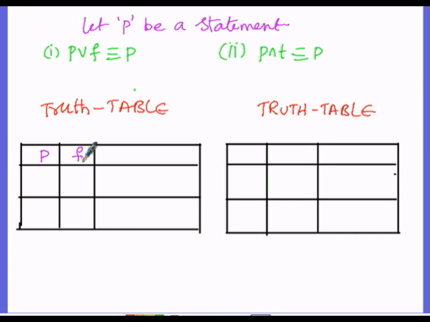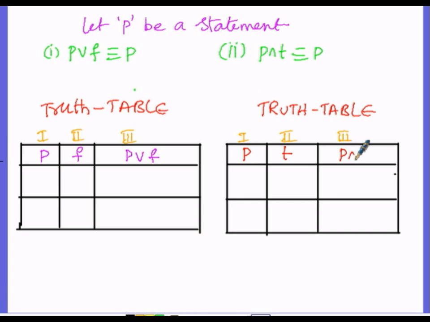Then here again we need P or F, in the third column. So, these are columns 1, 2 and 3, and in the second case, this is the first column, the second one, and this is the third column. In the second case, we suppose column number 1 as the statement P, and the second column as the true statement, and overall on the left hand side we need